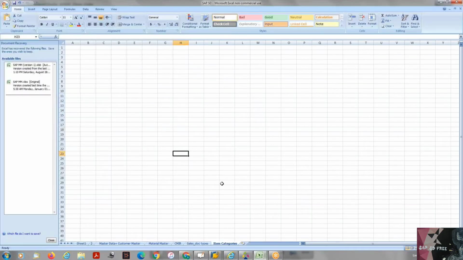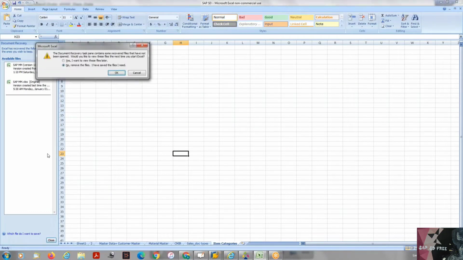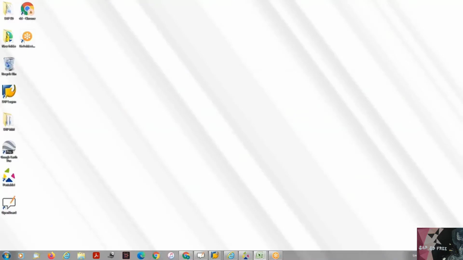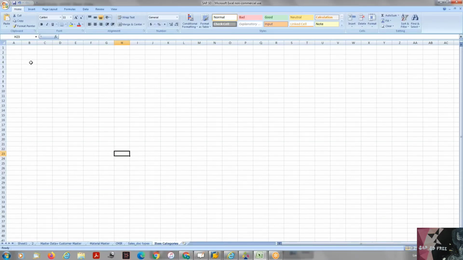So item category. Before we start with the controls that we have, let's check from our standard document what all the different item categories are, so that it will help you to see in the system what the relevant item category is. For example, if I go here to inquiry,